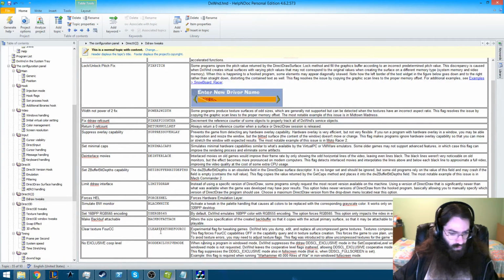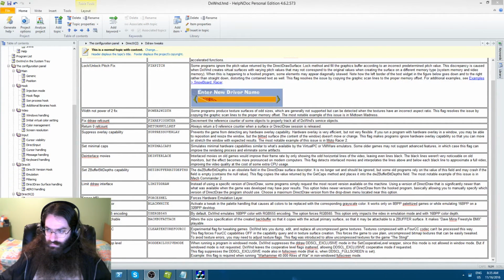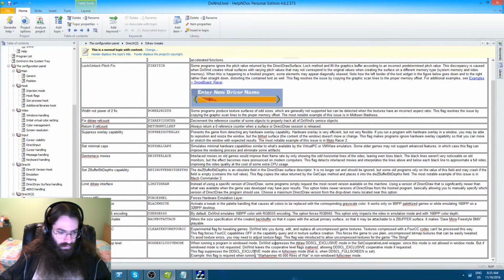No exclusive co-op level. What is that? And can we see all of the... Whoa, we can't see all that text. I can fix that. Perfect. When running a program in windowed mode,